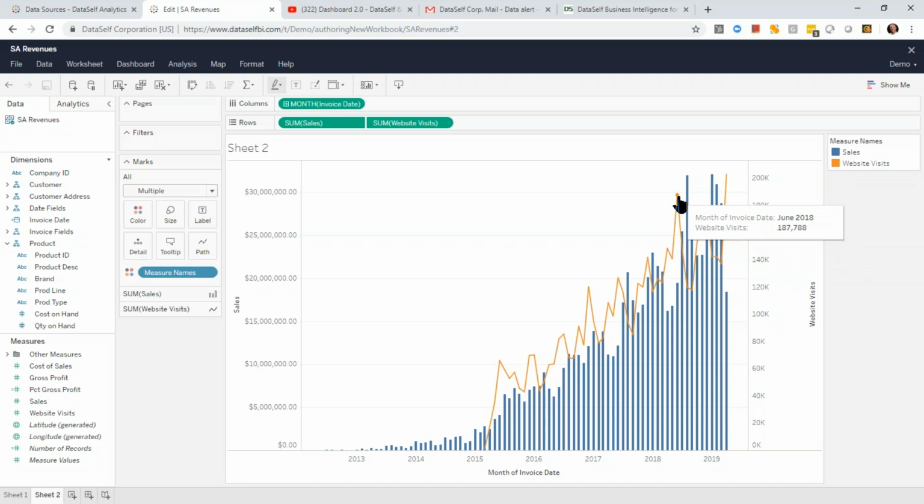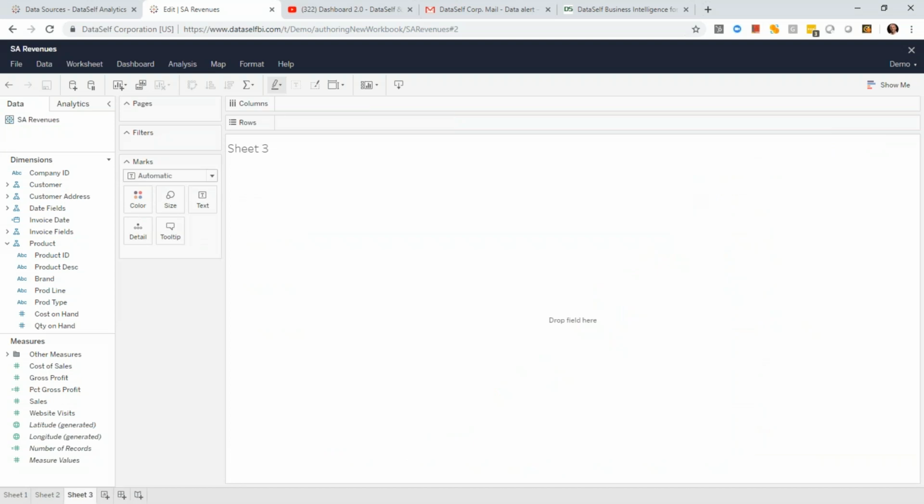And I can see how my website campaigns work. When I have a big spike in my website visitors, it usually takes about 2 months for the sales to actually spike up. This actually, I'm mocking up what this client really went through. So, very insightful and very easy for a business person to just slice and dice their data as needed. The last part of my dashboard is geography analysis.